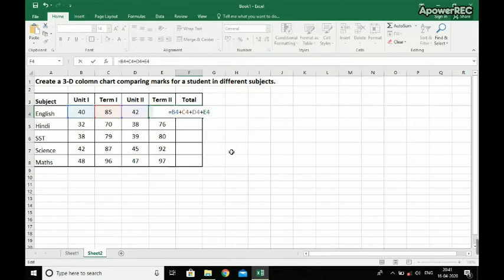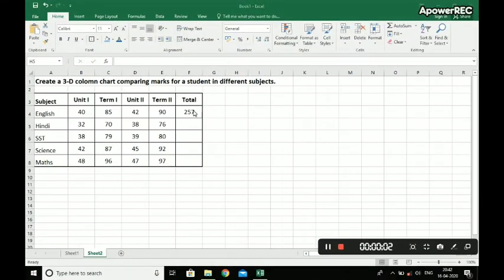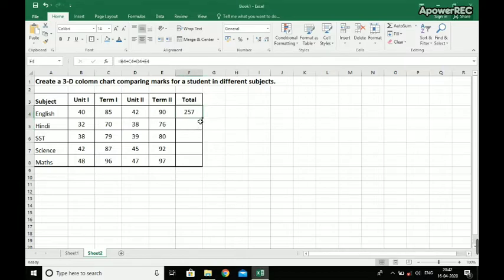Okay, when you write it, after that you have to press the enter key, and you can see the answer we have got is 257. Now you can see on the formula bar the formula is given up here. Your answer will come up here. All right. Now the same thing you have to do with the others also, but the best thing is that instead of writing it again, Excel makes it simple.